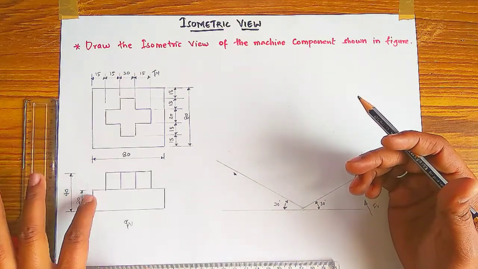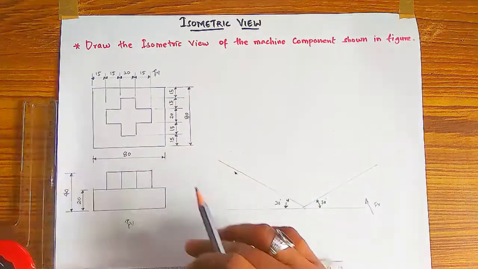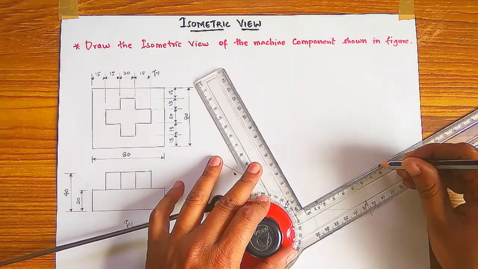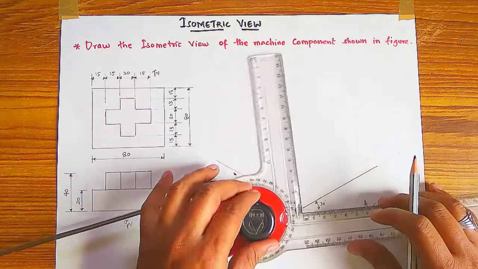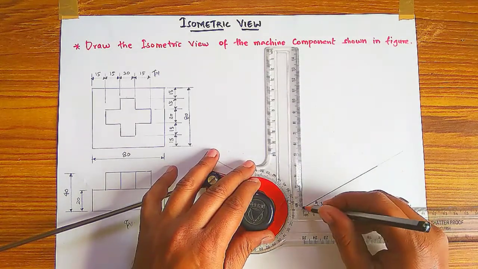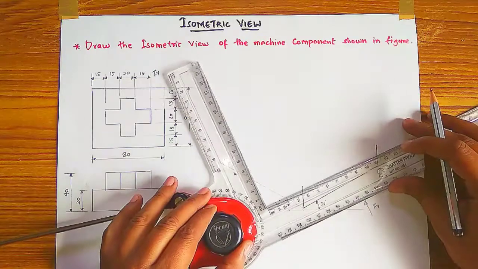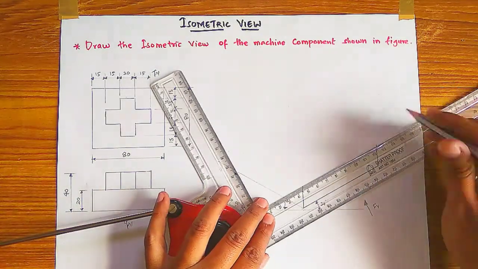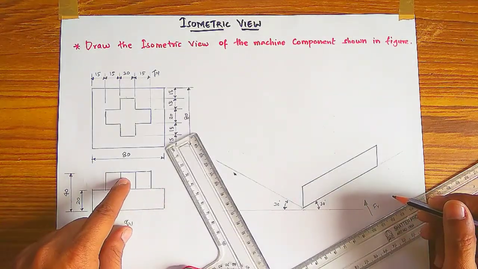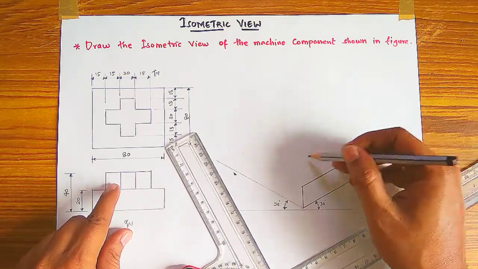So how much dimension is there? The rectangle shape is of 80 mm, and height is 20 mm. First I will draw this front view, 80 mm, and height is 20 mm. So I am taking 20 mm height, and I will combine this line also. You have to join this. Means this rectangle is visible from the front, and the remaining square is in the middle. So we will get a square or rectangle shape here.